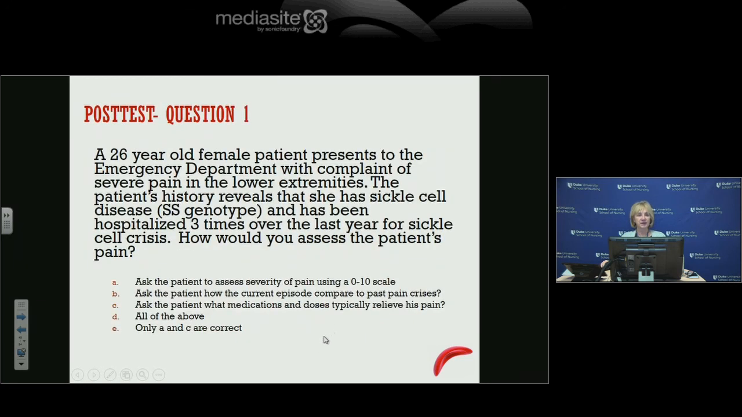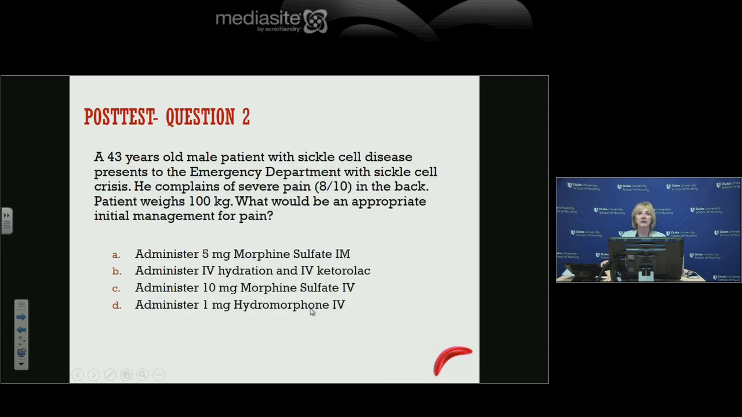So back to the pretest questions before we finish here. The right answer to this is all of the above, because we do want to know the pain scale, we want to know how this compares to their past pain episodes, and we definitely want to know what medication they take to resolve their pain crisis. The correct answer here would be morphine 10 IV. We certainly don't want to give